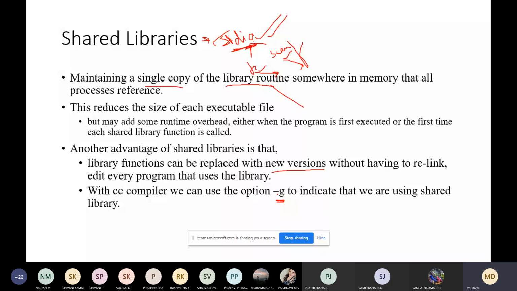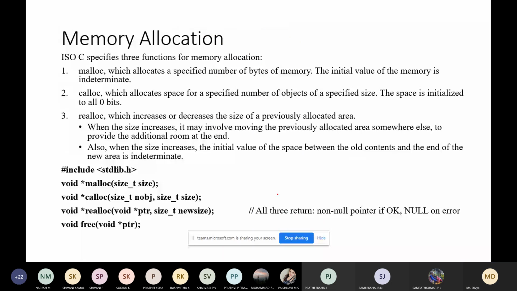The next one is memory allocation. Here in memory allocation, you are all familiar with these terms. There are three functions for memory allocation. For dealing with the memory, basically there are three terms: malloc, calloc, and realloc.